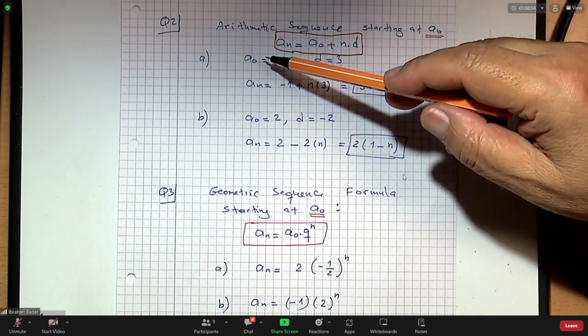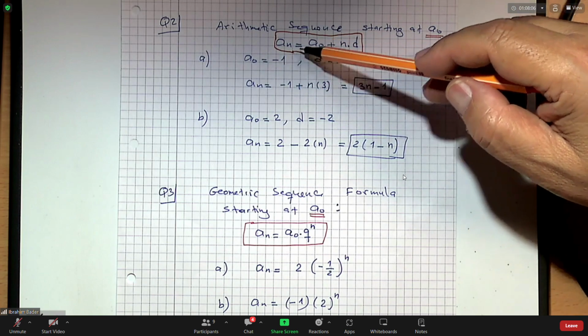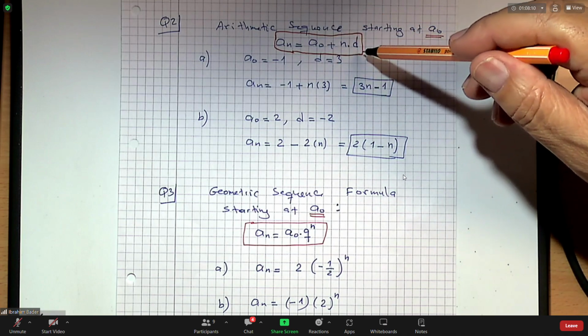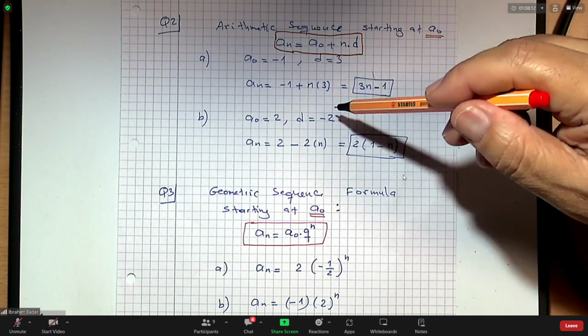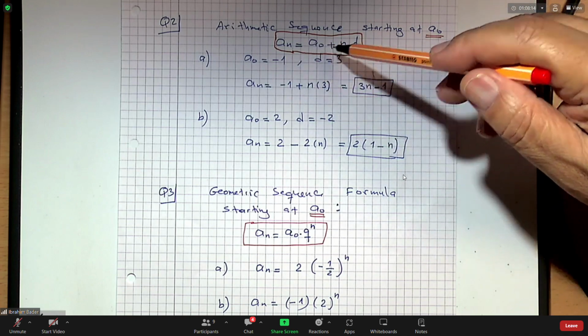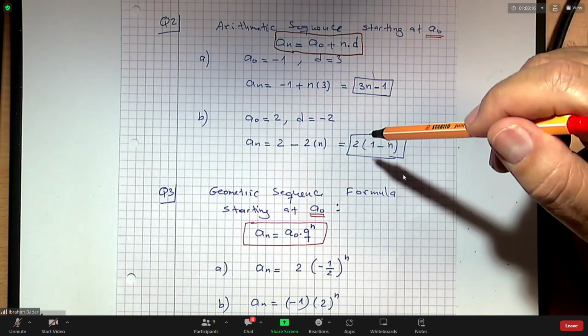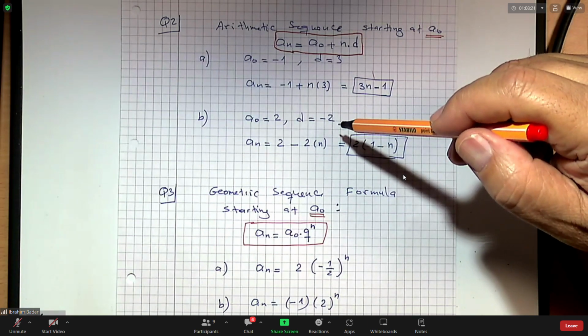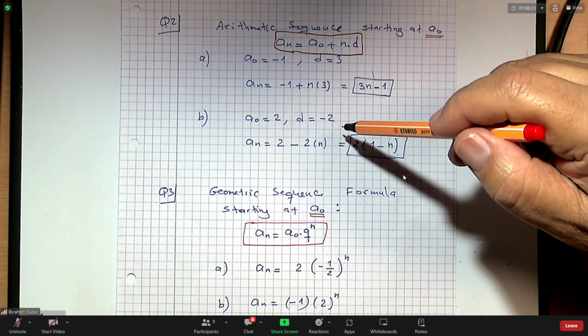So here you have A0, which is the first element. A0 here refers to the first element, plus N times D. If you start at 1, it's N minus 1 times D. This is important, okay? And the second one, it is also given